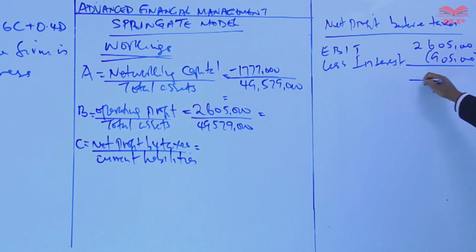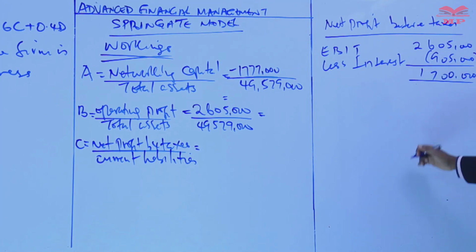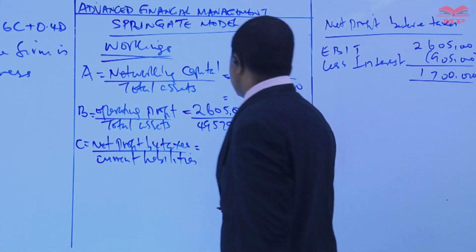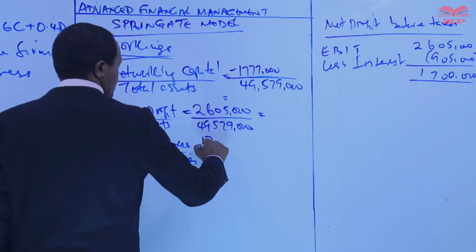How much is it? 1,700. So this is equal to 1.7